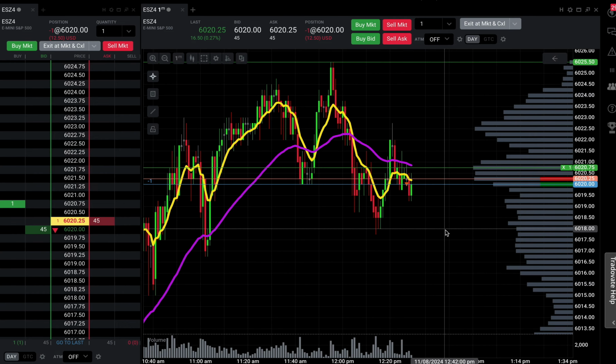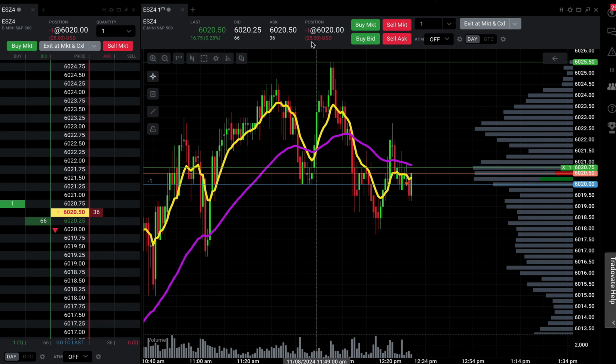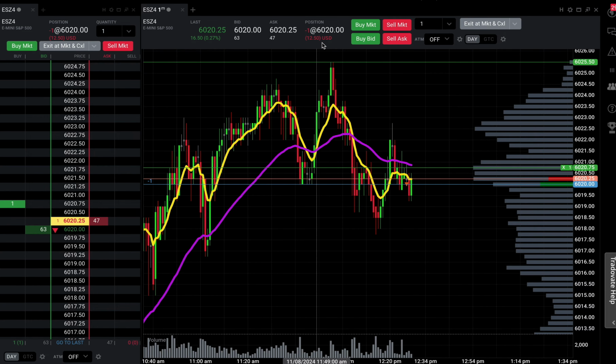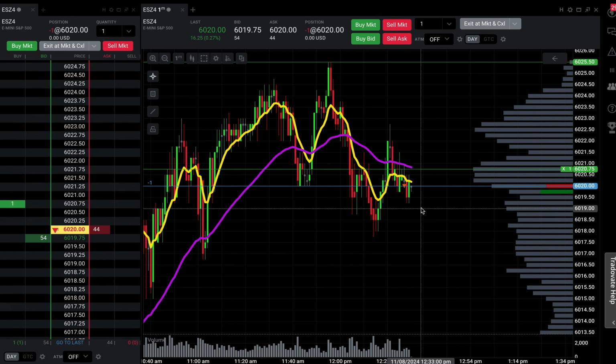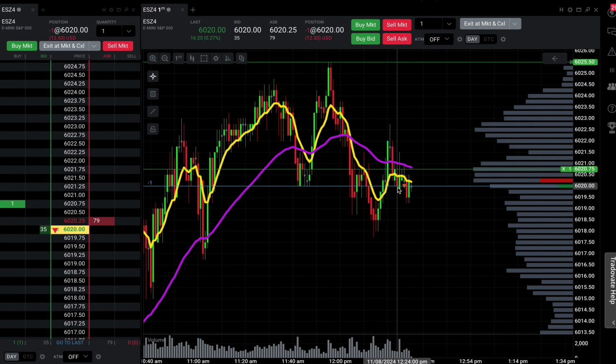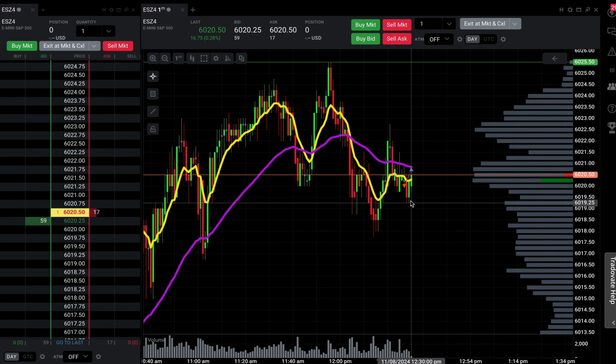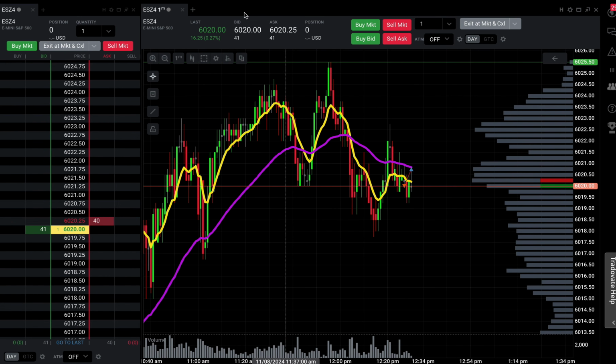Let's go ahead and watch it play out. Let's see what happens here. Now we have some back and forth teetering. We're able to see our profit or our loss right here. So let's see if we hit our stop loss target. We're currently going back and forth. Once we set our stop, we can see where our line is for the stop. The stop is going to depend on whether you are buying or selling. Since we were selling, it said to buy a stop, and it currently looks like we just got stopped